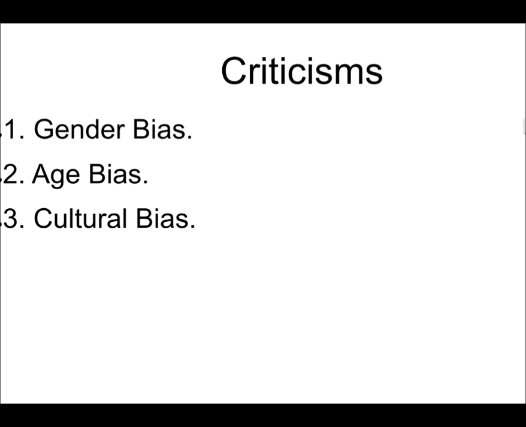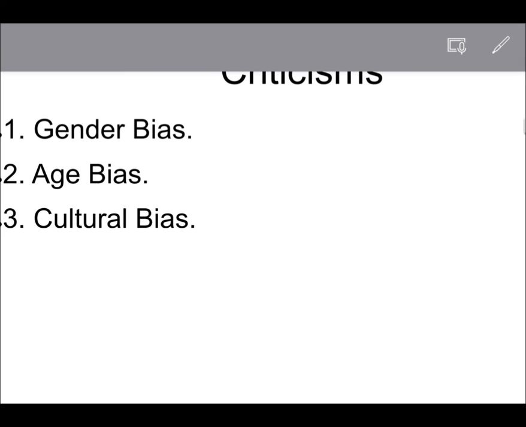It was experimented by Kohlberg, and for his research work there is some criticism. First is gender bias, because he selected only boys, not girls. Next is age bias, because he selected boys from 6 to 17 years old, not more than that. Then next is cultural bias, because he emphasizes personal rights only, while giving less stress to the importance of society and community. So this is the criticism of Kohlberg's theory.